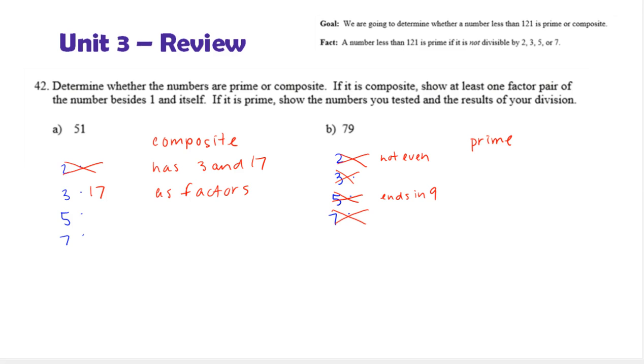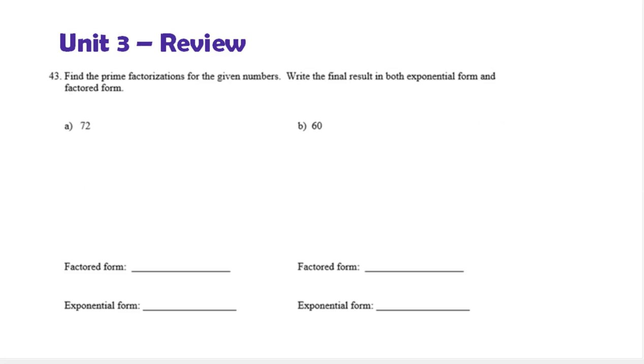Let's look at the next slide. Find the prime factorization for the given numbers. Write the final results in both exponential form and factored form. So to find prime factorization, we use the process of factor trees. So we're going to look at 72,